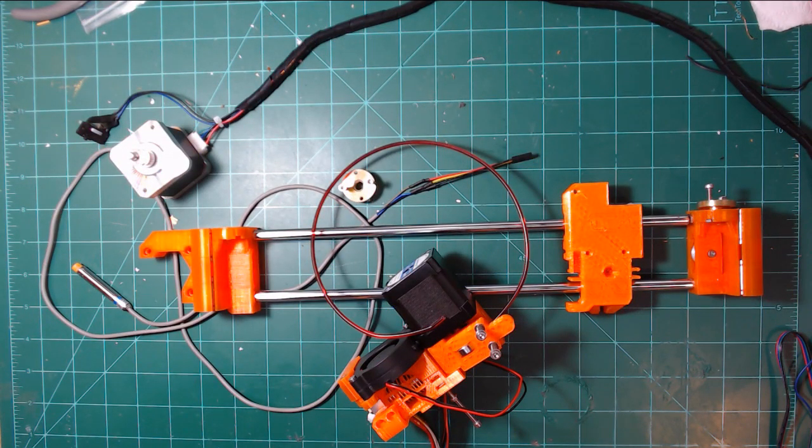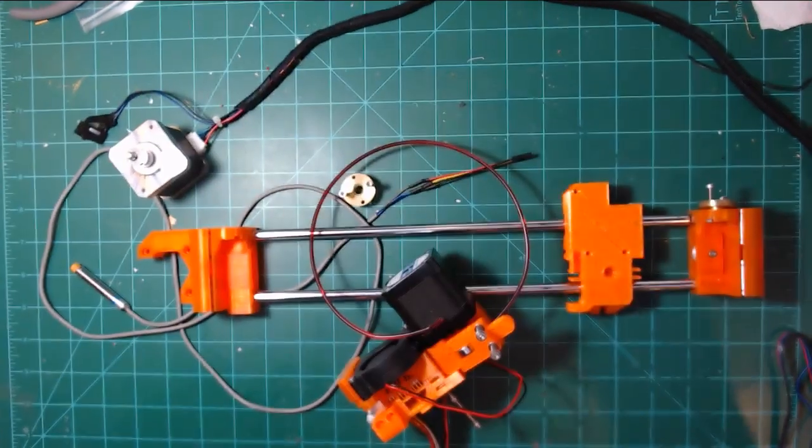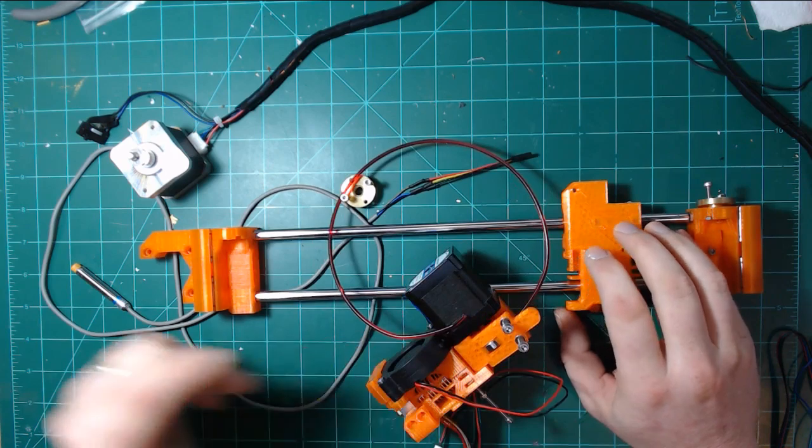So for today, not to hold anyone up anymore, we're gonna get basically started. I'm gonna try to get as far as I can building the x-axis and building the extruder. But really,